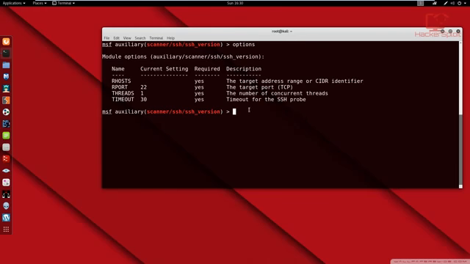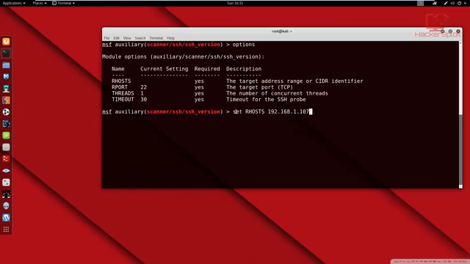The rhost is the target address or a range. So you can actually use a range, but in this case, we're not going to use a range because again, I only have about 3 computers running on my network right now. It's probably going to get only one of them because my SSH ports are all closed on the other computers. So let's set the rhosts like so, and I'm just going to use the Metasploitable 2 target machine,